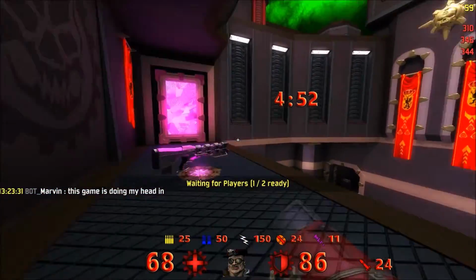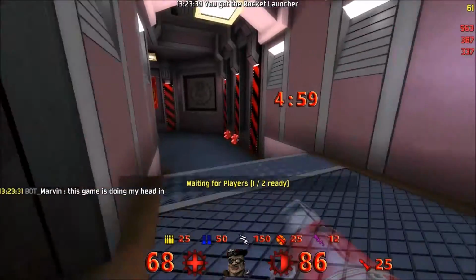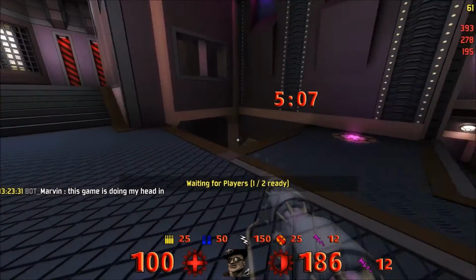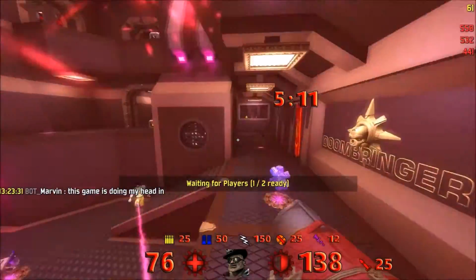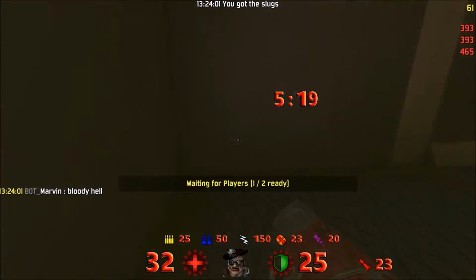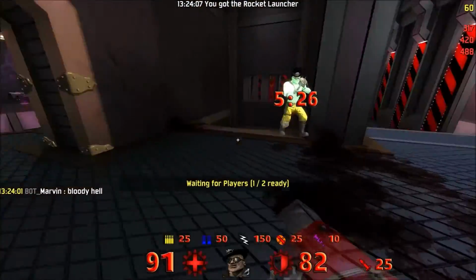You get, for instance, with the rail, you get 5 slugs when you pick it up the first time. If you pick it up again, though, and this applies to all weapons, then you don't get much ammo at all. For the rail, you get 1 slug for every railgun you pick up after the first. While if you pick up the ammo crate, you get 10, which is why there's an ammo crate there, so you actually can stock up on railguns. This makes for some